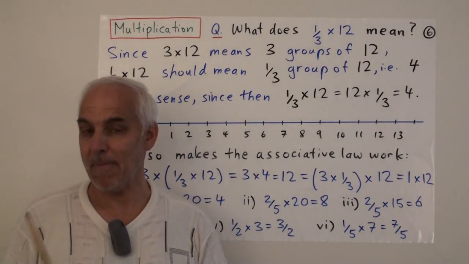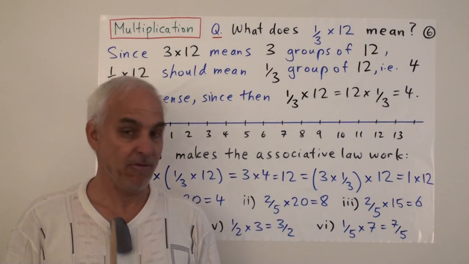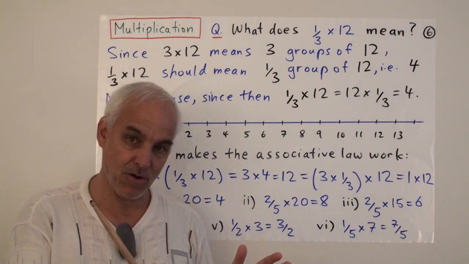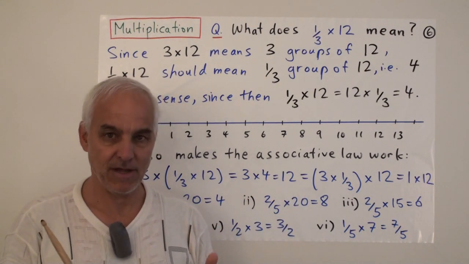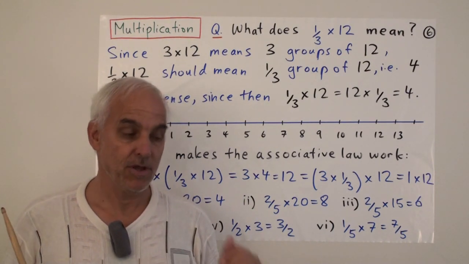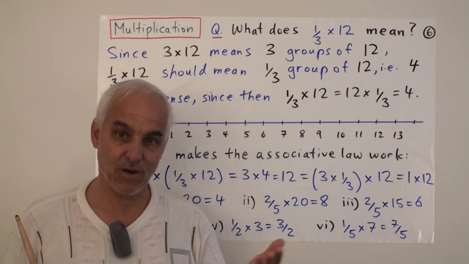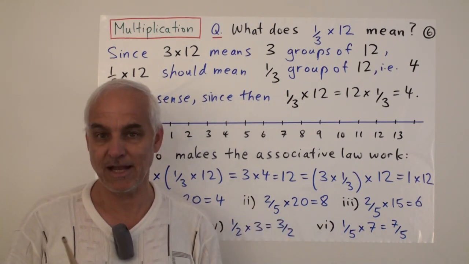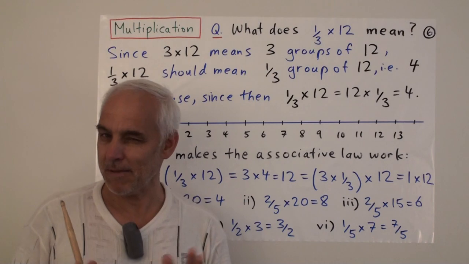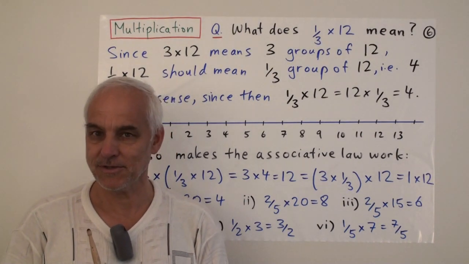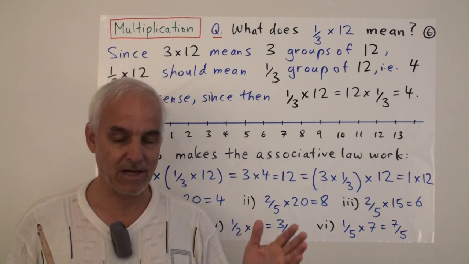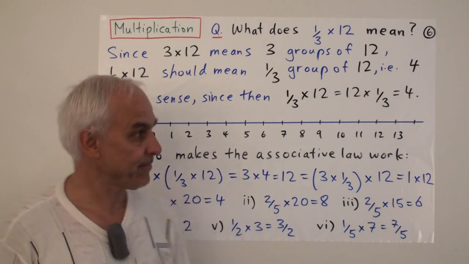Alright, so let's turn our attention to multiplication. And remember, when you're watching these videos, you don't have to watch any one video all at once. You can watch half of the video, like the section that we've just done, take a pause, come back a day or two later, and watch the second half. And also, you can go back and watch portions of the videos several times to make sure that you understand a particular segment. I'm being pretty concise with these videos, probably more concise than you're used to as Year 9 students. So it's up to you to go over the material that you haven't understood, and try to make sure you understand everything that I'm saying.